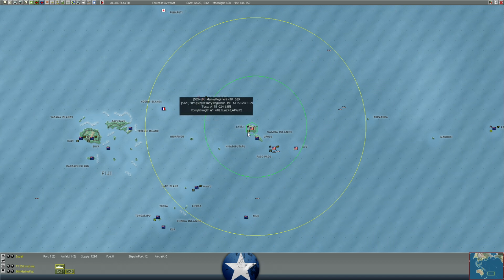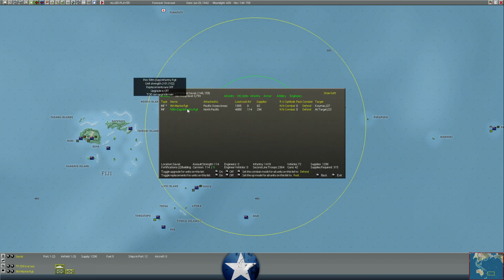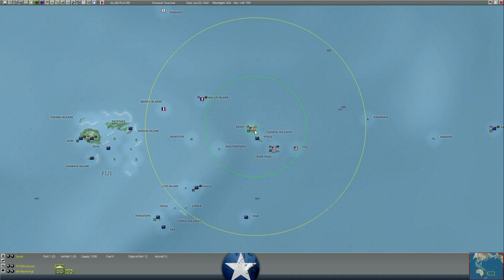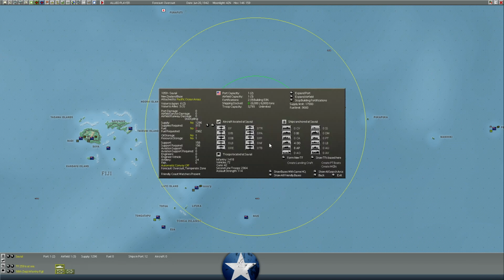These guys not low. How many of these are left? 8th Marines, 1,300 load cost. It's entirely motorized support. We don't even need a troop ship. We need a cargo ship to get them up. We've got them in port, so we can load one of them up. The port's big. It should be big enough to...